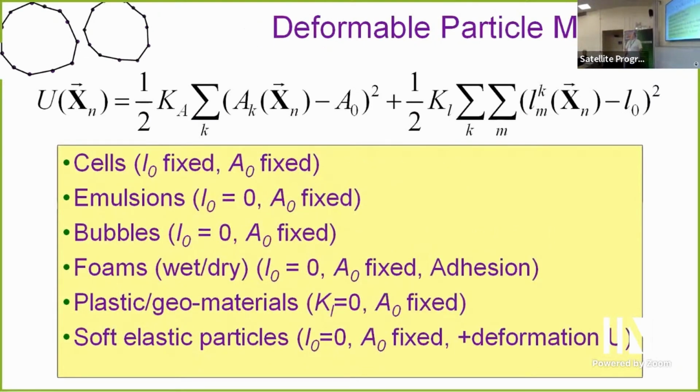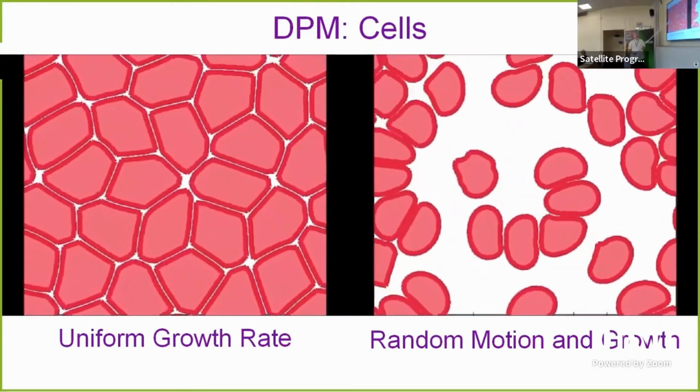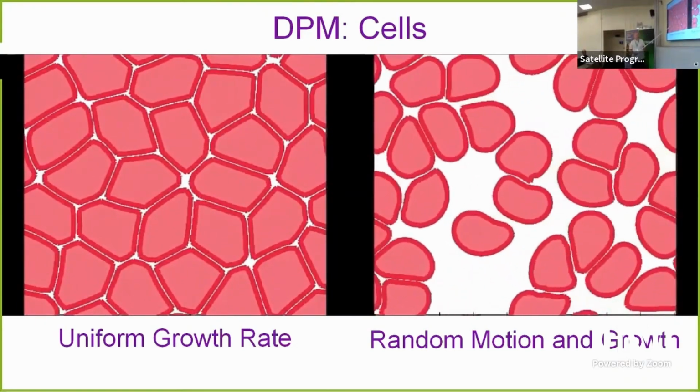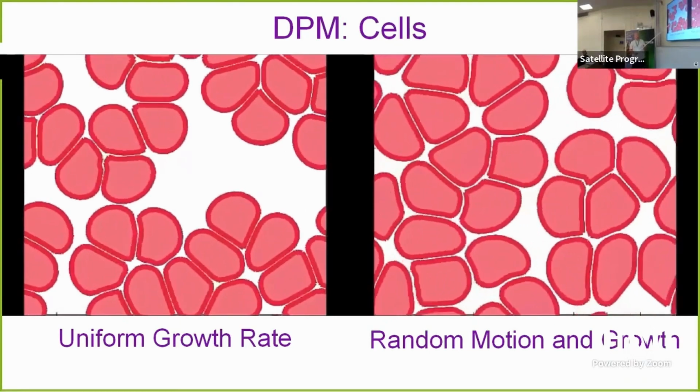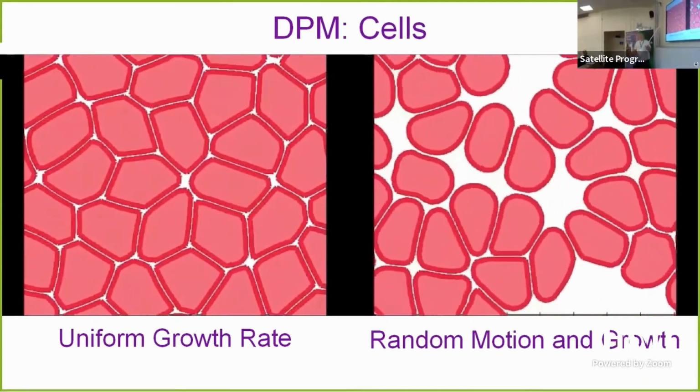But now let's see it in action. Okay, so let's first start to think about it with cells. Here is a packing of cells. We grow these cells, we just randomly put them down, and then we grow them. You can see they don't have a defined shape until they start pushing against each other. But also you see it